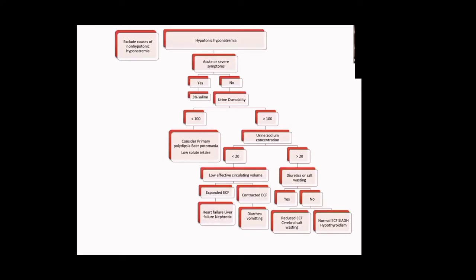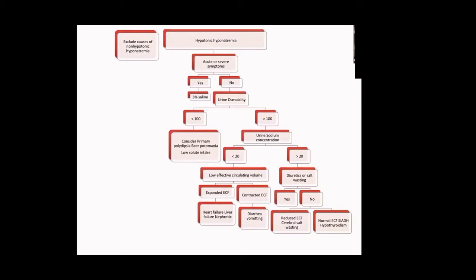If the patient with hyponatremia is having seizures or is in altered sensorium, then I don't think of whether it is hypo, hyper, or euvolemic. I start hypertonic saline directly. If the patient is not having severe symptoms and is conscious, then I do the urine osmolality. Invariably, in 99 percent of patients, it will be high. If it is low, then it is basically beer potomania, the patient is taking too much water or has low solute intake, or these are psychiatric disorders. So my patient's urine osmolality will be high, in the range of 400 to 1200 milliosmol.